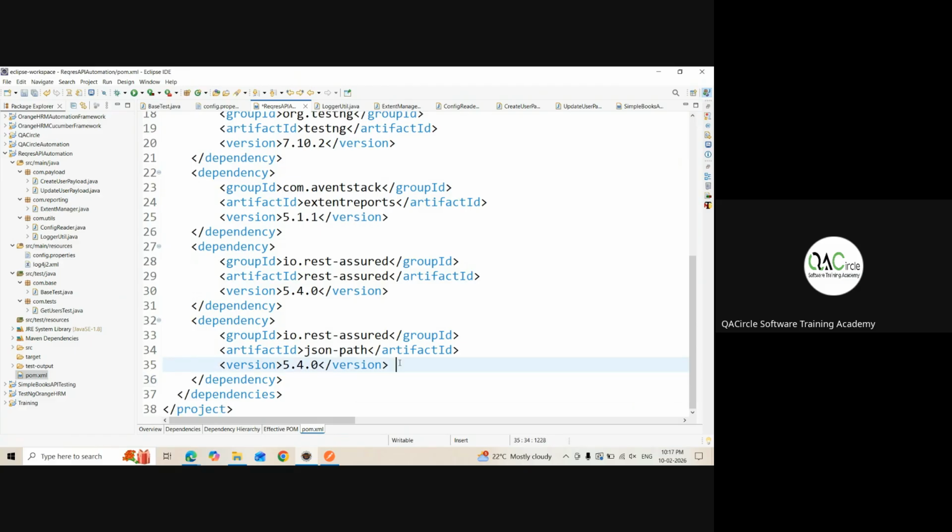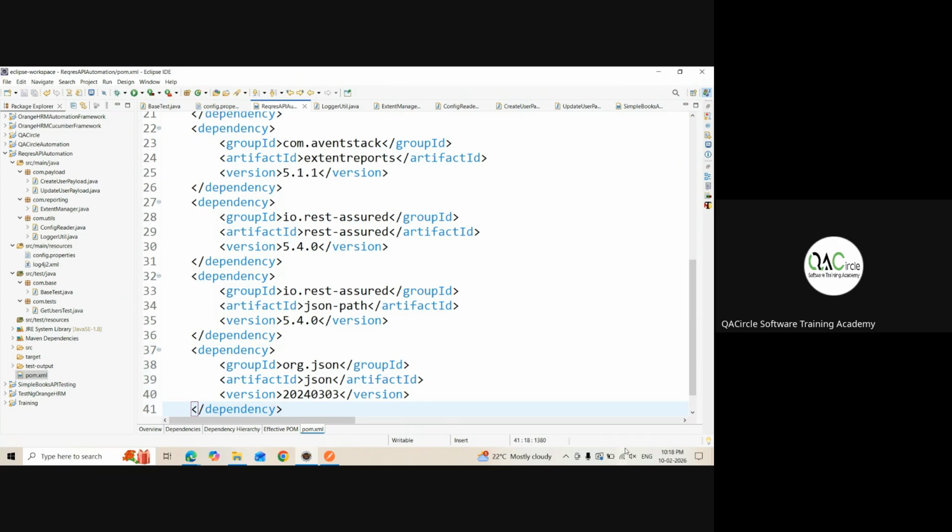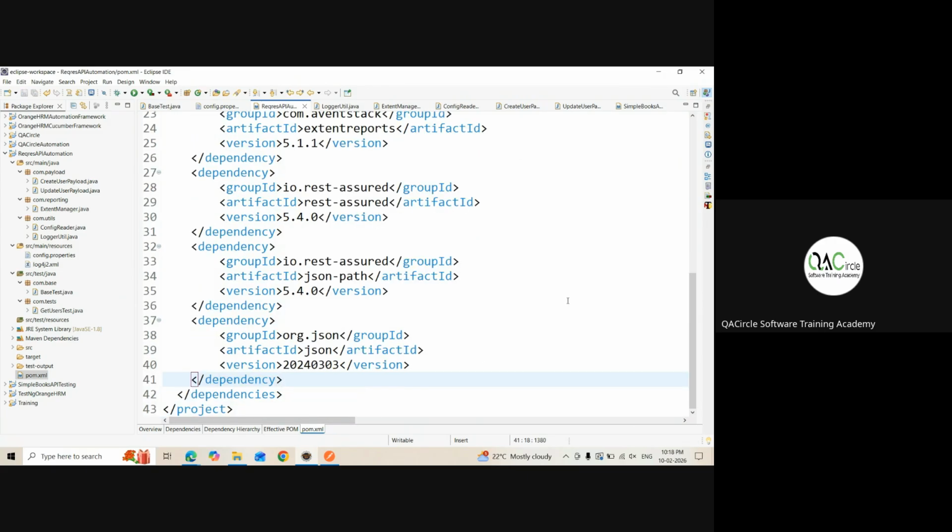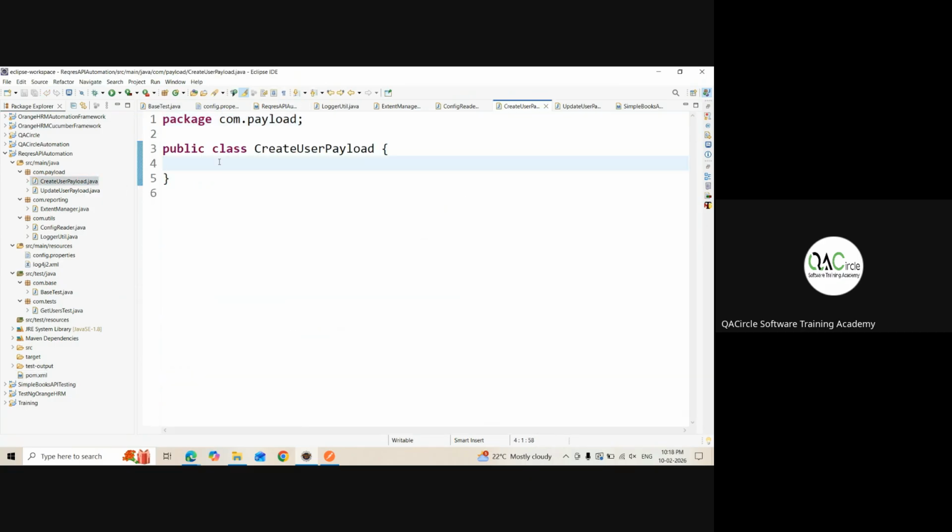Sorry, not in dependency, after this dependency. Add this dependency, let the project be built. That's it, it built. Now let us go to create user payload. Here I'll create just one simple method. All this method we will use it. Okay. Public static string